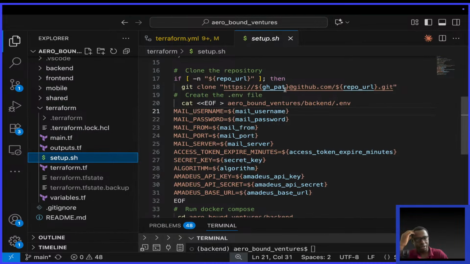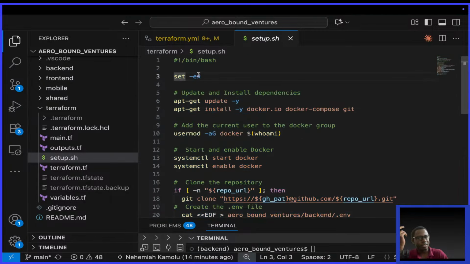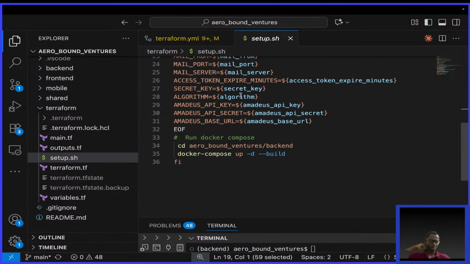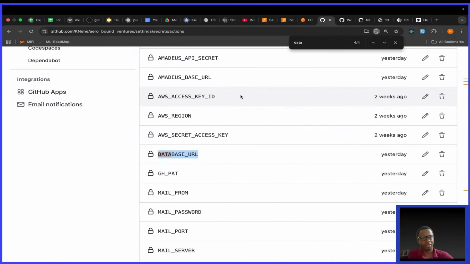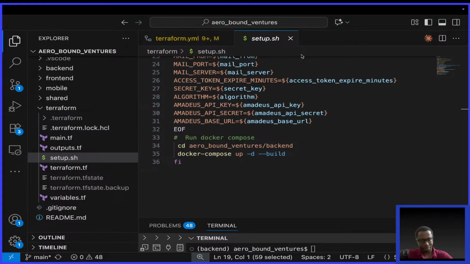When cloning, you get... So if the cloning failed, remember we said set -e, okay? So if cloning failed, probably things went wrong. So let's try this again, okay? But remember, I want to caution you on something, which is very important, which I think we can look at in the